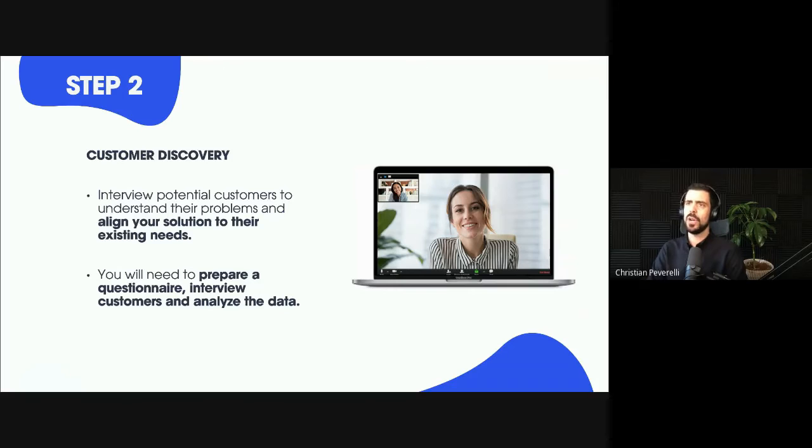But essentially what you want to understand is, do my assumptions align with what people are saying if I'm not talking about my product? The idea here is you're not talking about your product, and you're literally bringing people through the process of talking to you about this area of their life where you think you have a solution to a problem you believe they have. You have to find out whether or not that's coming out naturally. And if it's not, you're going to want to fine tune that interview to reflect getting answers to these questions that you have.